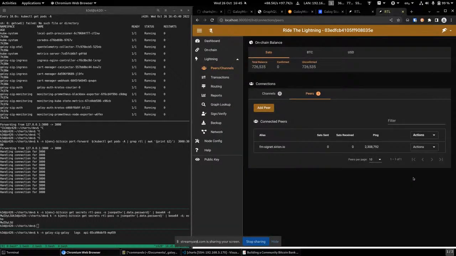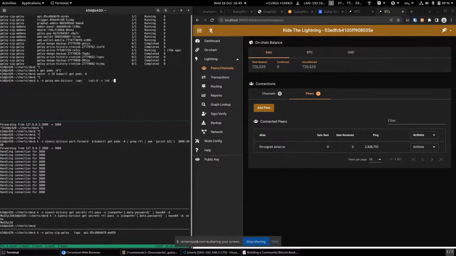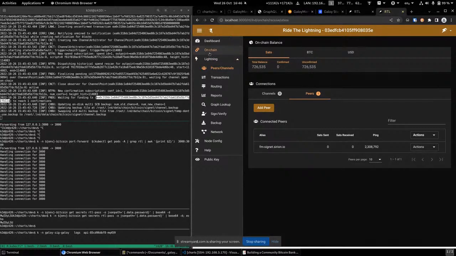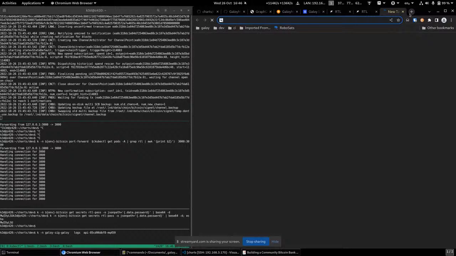Cool. And we could have seen lots of LND as well that it happened. I think. There we go. It has the SCB backed up. And there is the funding transaction, which basically matches the one which we should see somewhere here. Yep. So it works. So that's RTL, can be used for